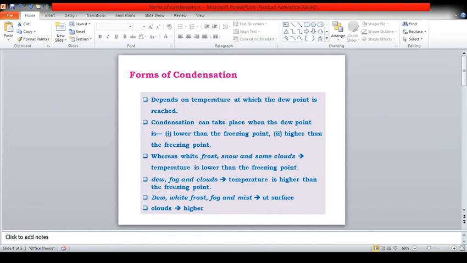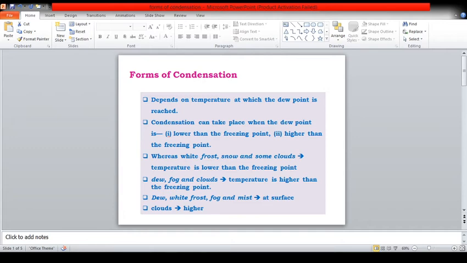The second is frost. Due to an excessive fall in temperature, sometimes solid objects become so cold that the dew point reaches below the freezing point. Frost is very harmful to plants. It destroys standing crops, fruit trees, etc. because the liquid flowing within the leaves freezes.